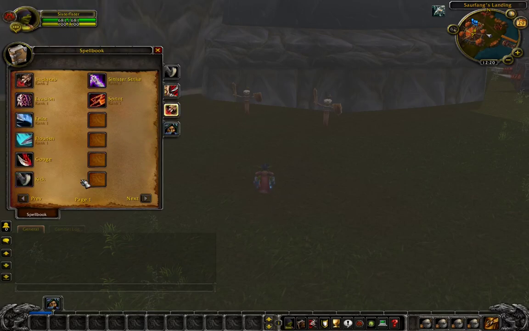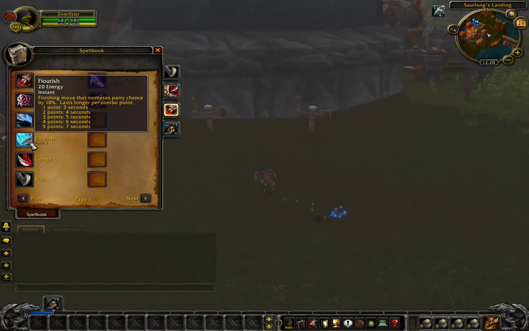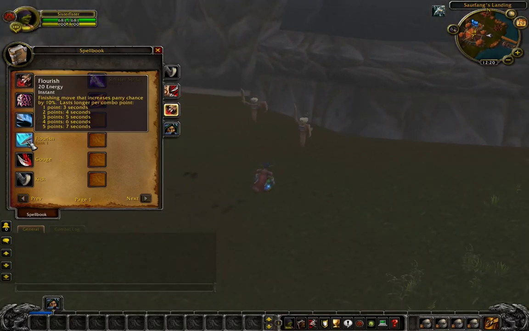On to combat. Combat is mostly unaffected. Flourish was added. This is a new ability. For 20 energy, it's a finishing move that increases your chance to parry an attack by 10% and lasts longer per combo point. This ability helps give you some defensive utility, as well as the fact that parry haste is still a thing. So when you parry an attack, you will